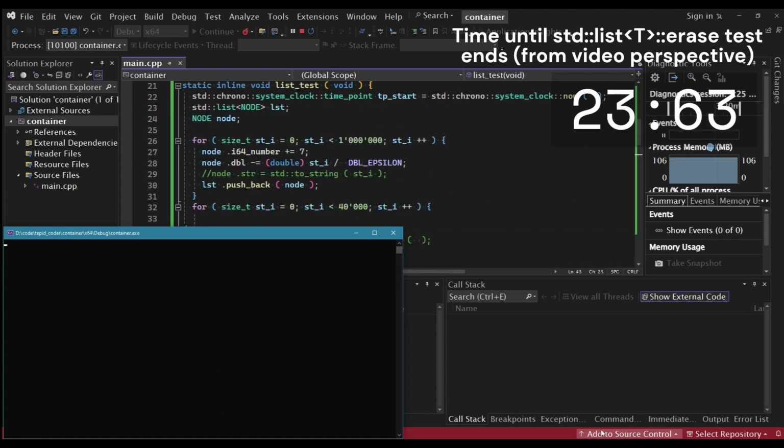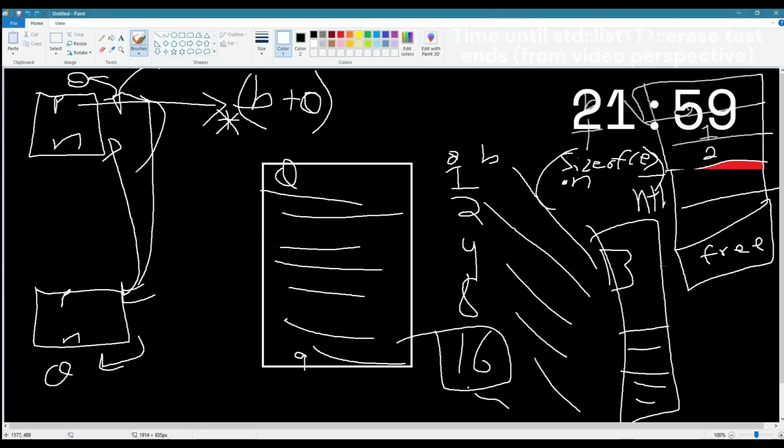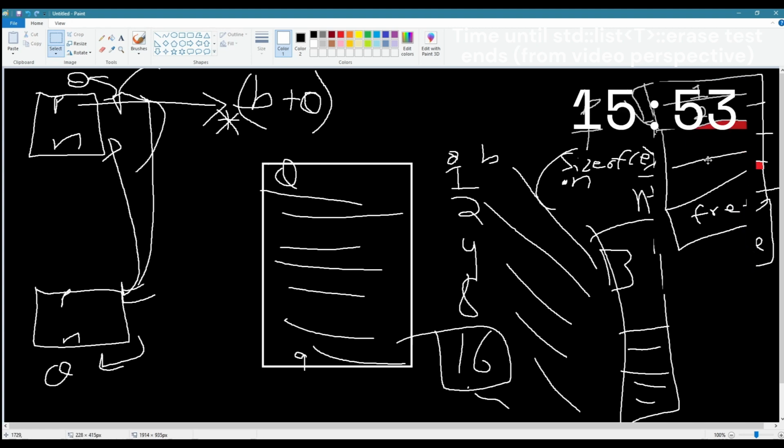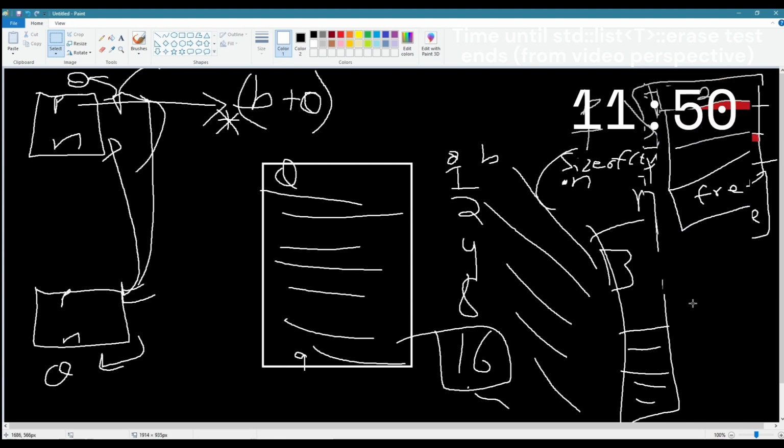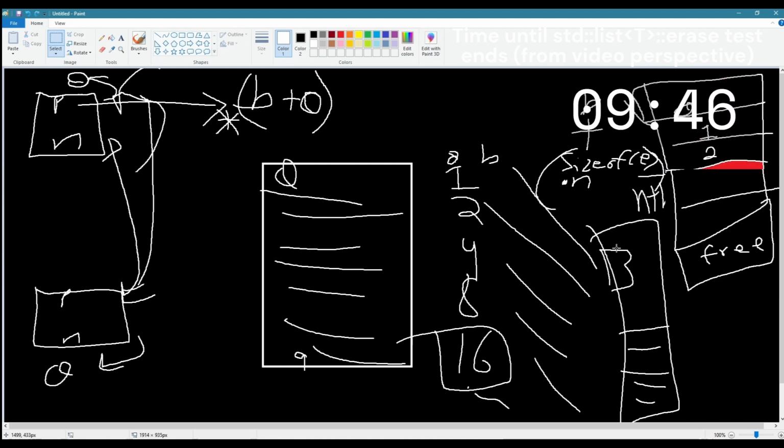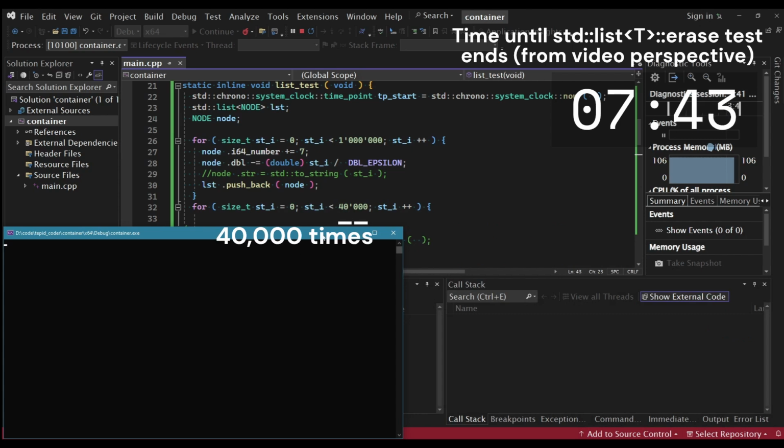And remember, the worst case is something like having to do this whole thing where you reach from the beginning, and then everything else gets pushed up. Then you reach from the beginning, and everything else gets pushed up, and so on and so forth. It did that, what, 50,000 times? So